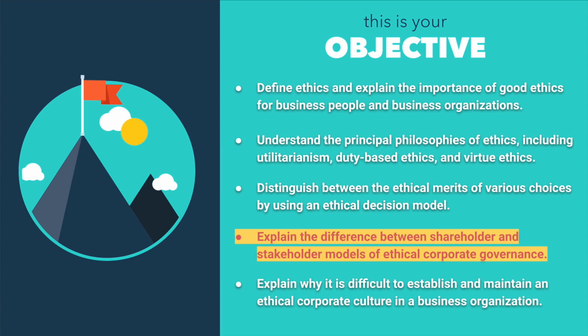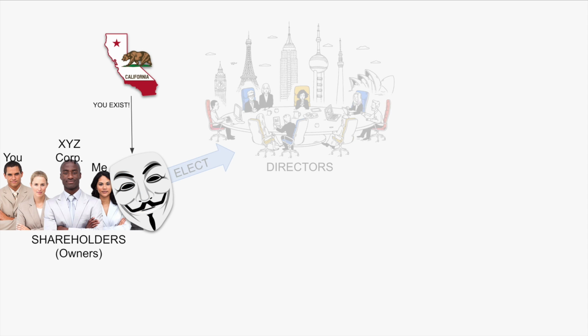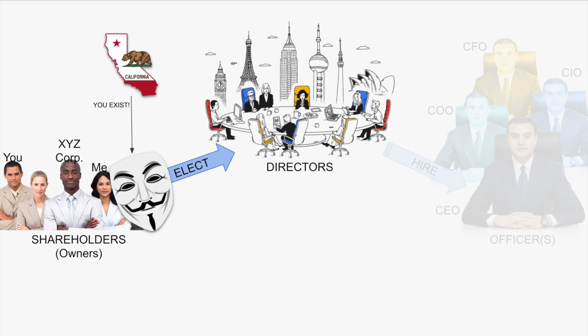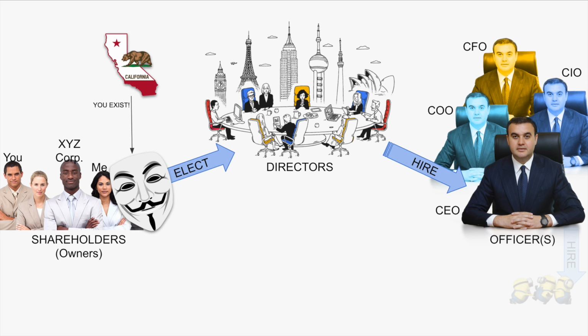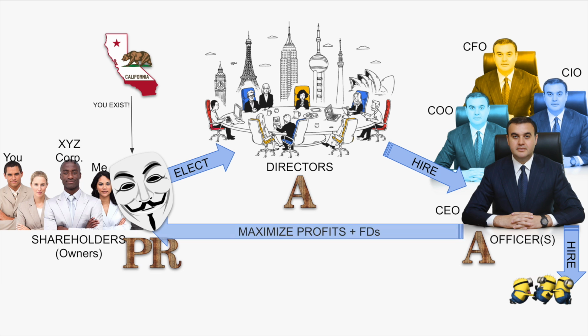What are the differences between shareholder and stakeholder models of ethical corporate governance? Because corporations are not persons, but rather artificial entities created by the state, whether they can or should be morally accountable is difficult to determine. Though clearly, individuals within corporations can be held morally responsible, the corporate entity itself presents unique problems. Commentators are divided on the issue. Some of them insist that only people can engage in behavior that can be judged in moral terms.